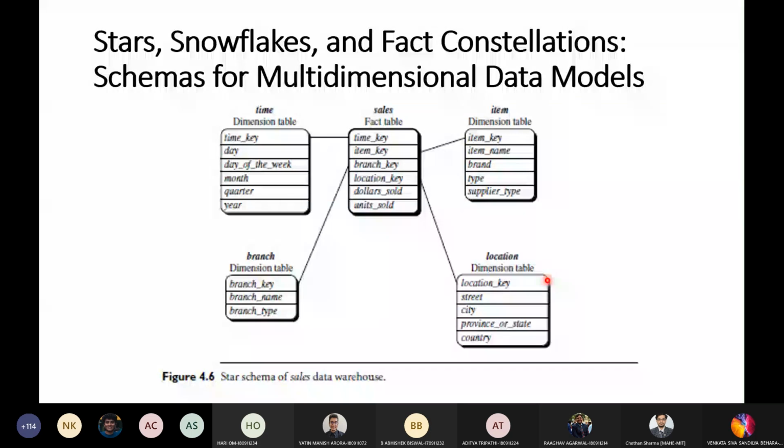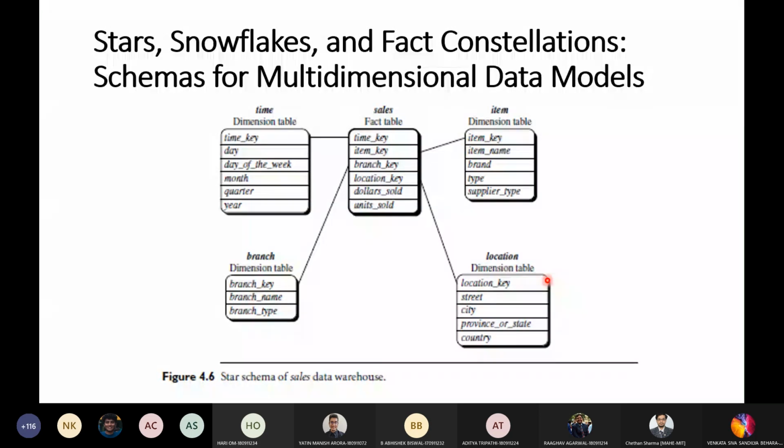The first is the star schema. This is the most common one which data warehouse designers use. The central table, which you are seeing here, this part, is the fact table containing some data, maybe a bulk of data, dumped in this fact table. And you can see that there is no redundancy as such, everything is unique. There is no duplication of data here. That is one characteristic of your fact table.